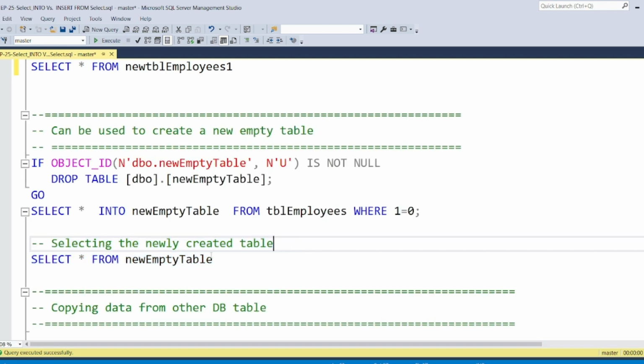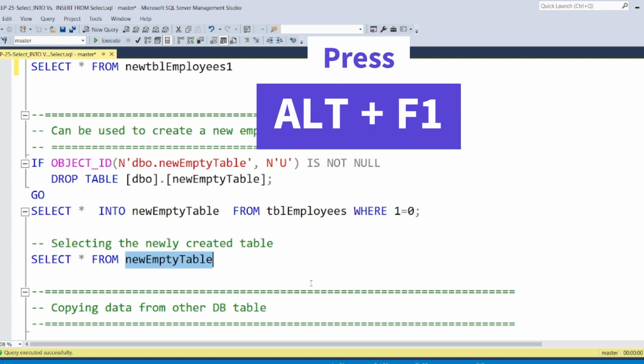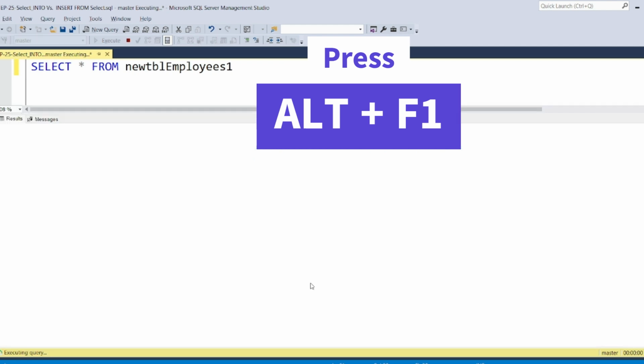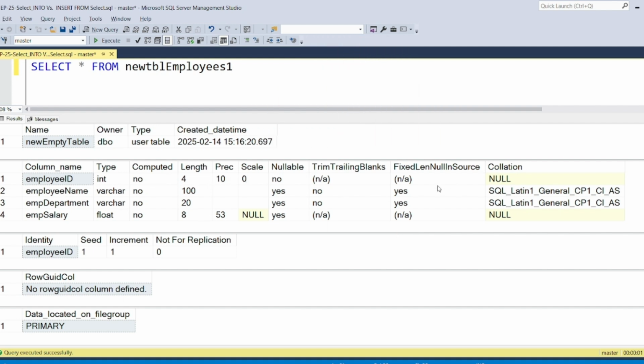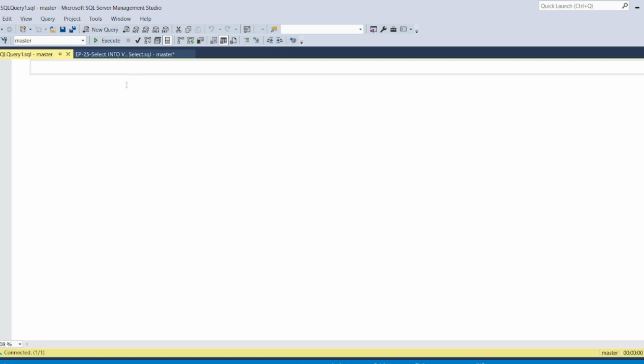How can we see that? Select this new TBL employee and press Alt and F1, both key combination. Once you press Alt and F1, it shows you all the table structure details. You see the employee integer, everything is there. But one thing we see here is that it has not copied any constraint, because the original table, if I show you in the next tab,